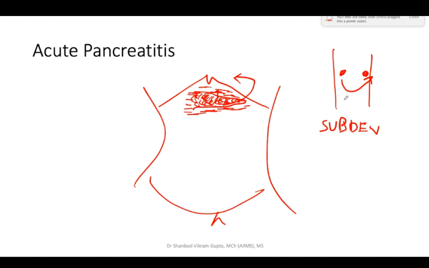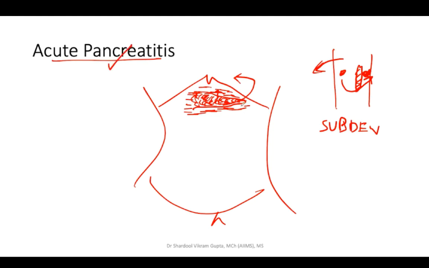And there is a particular phenomenon seen in pancreatitis. Because of the retroperitoneal nature of the pancreas, the patient will try to tilt forwards so that the pancreas falls forwards and there is less pressure on the retroperitoneum. So the patient will say, once I tilt forward, there is relief of the pain. So pain in the epigastrium which radiates to the back, is stabbing in nature, and is relieved on stooping forwards, is characteristic of acute pancreatitis pain.